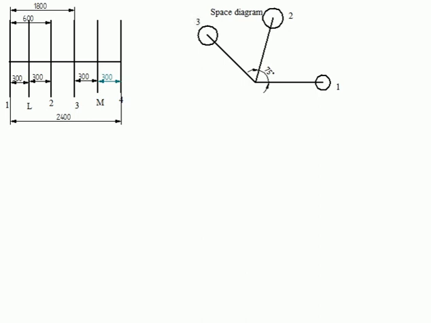And the last mass 4, radius is 0.2 again and inclination will be 240 degree. This angle from mass 1 will be 240 degree. So that completes the space diagram. In this space diagram, you have to represent the position of mass L and M. That we will represent later.